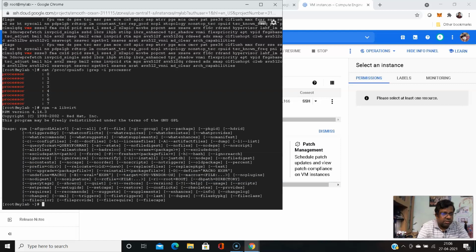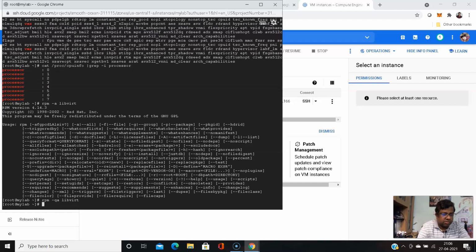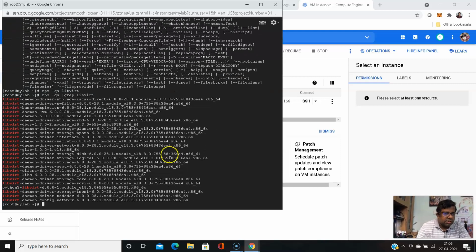The libvirt daemon is already installed and running. Let's check with systemctl status. Those who are not familiar with Linux might find it difficult.